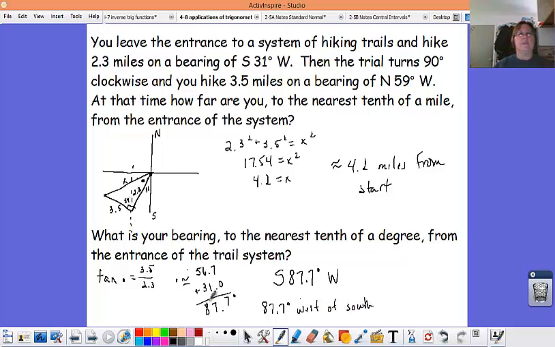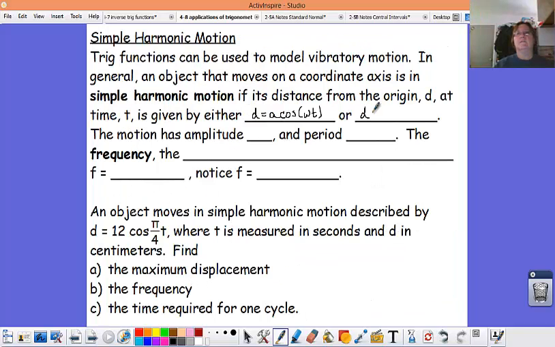All right, that bearing stuff was pretty new to me. Kind of interesting. A sine, there should be times in there, wt. The motion has amplitude A and period 2 pi over the angle multiplier, which is w in this case. The frequency, which is the number of cycles,